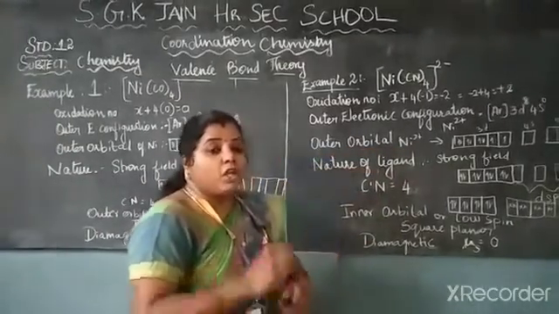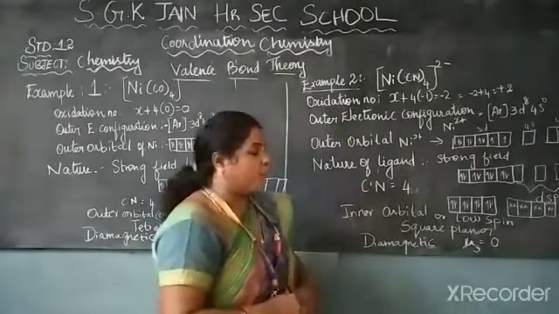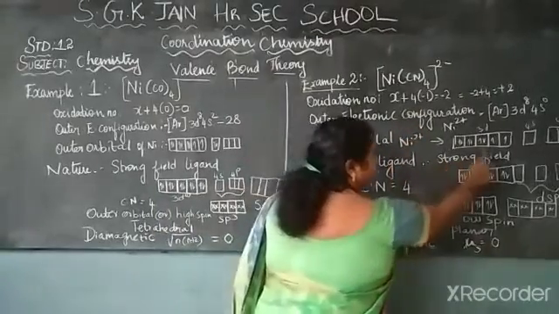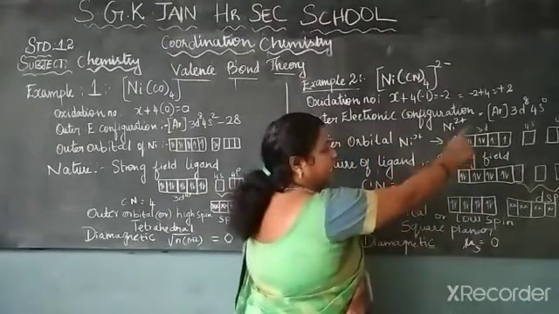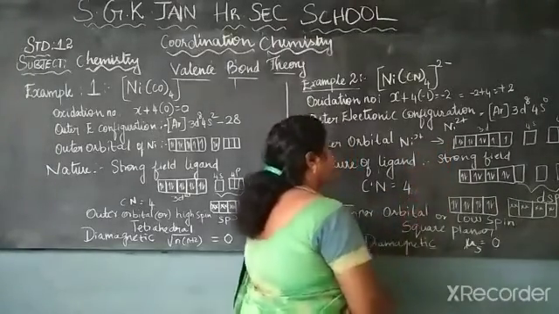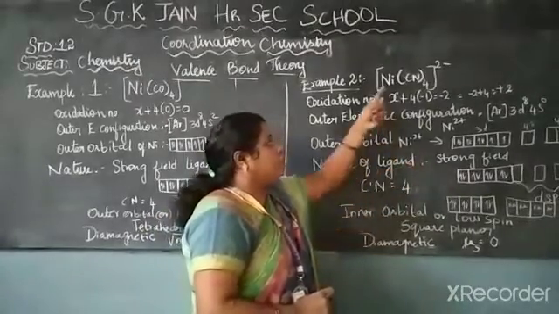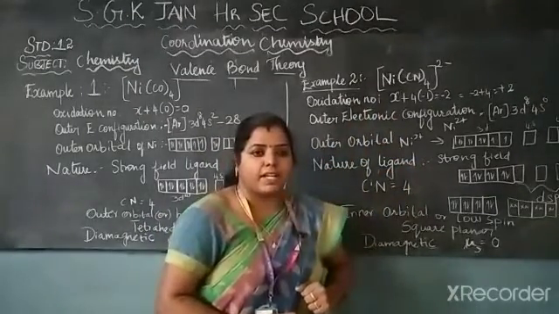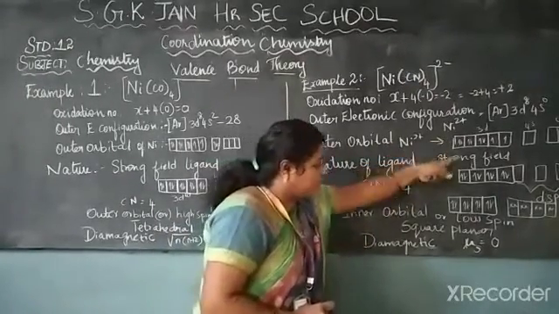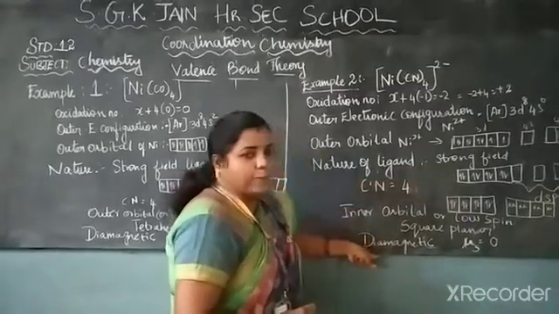Keep it in your mind: you have to check whether it is in the ionic form or the elemental form. For Ni2 plus, 8 electrons will be there, and you have to fill in the 8 electrons, but the s orbital is not filled; it remains 0. Then we have to find the nature of the ligand. Obviously cyanide is a strong ligand, and a strong ligand has the tendency to pair up the electrons. If it is a weak ligand, the electrons remain unpaired, and it will exhibit magnetic property.